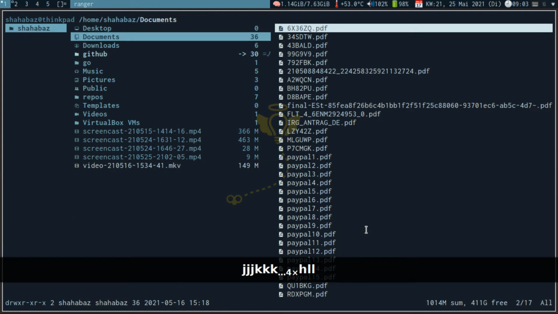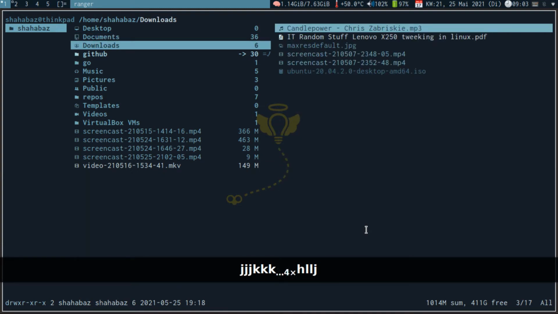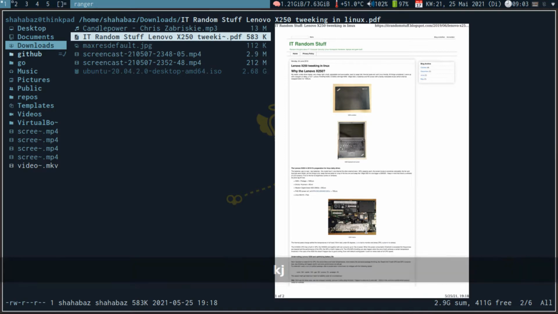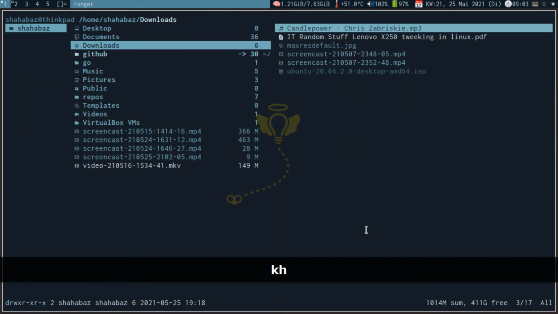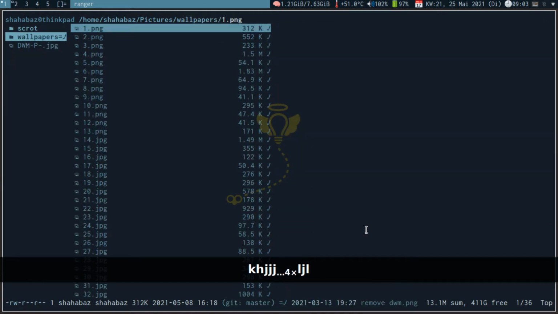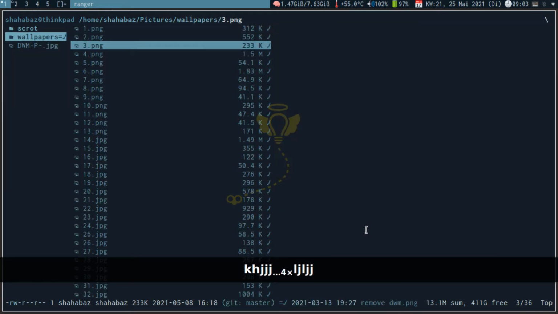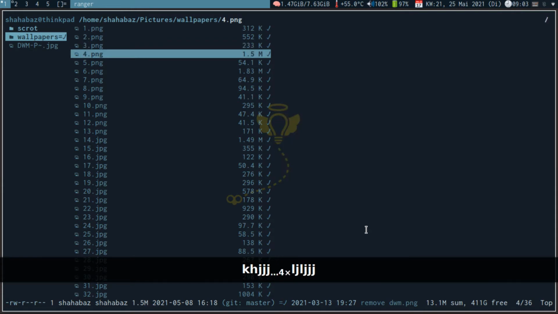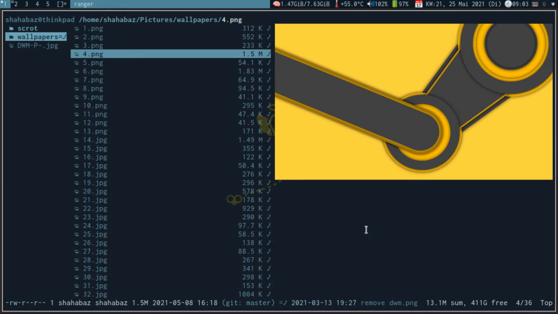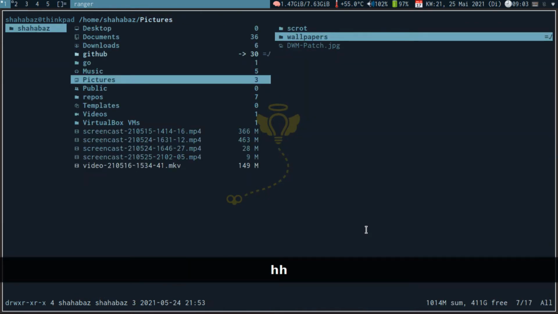So now you can also see a preview of PDF files. This is inside the settings. I will show in a minute what those settings are. And you can also see pictures. So here you can see the photos. And you can also enable